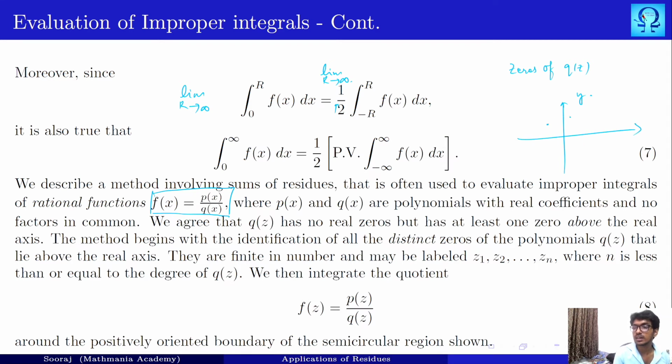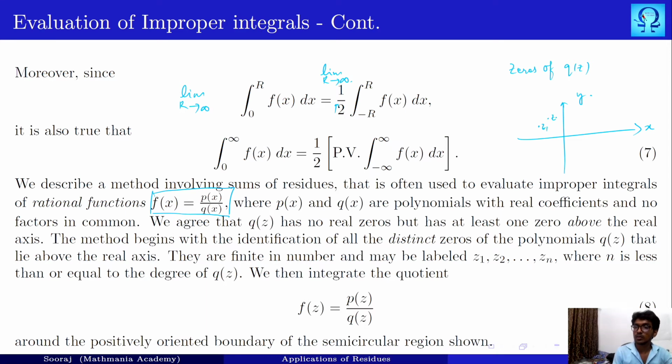It may be in the first quadrant, or in the second quadrant, or it may lie along the y-axis, the imaginary axis. That is of no issue, but at least one root has to lie above the real axis. Suppose we have more than one root above the real axis,